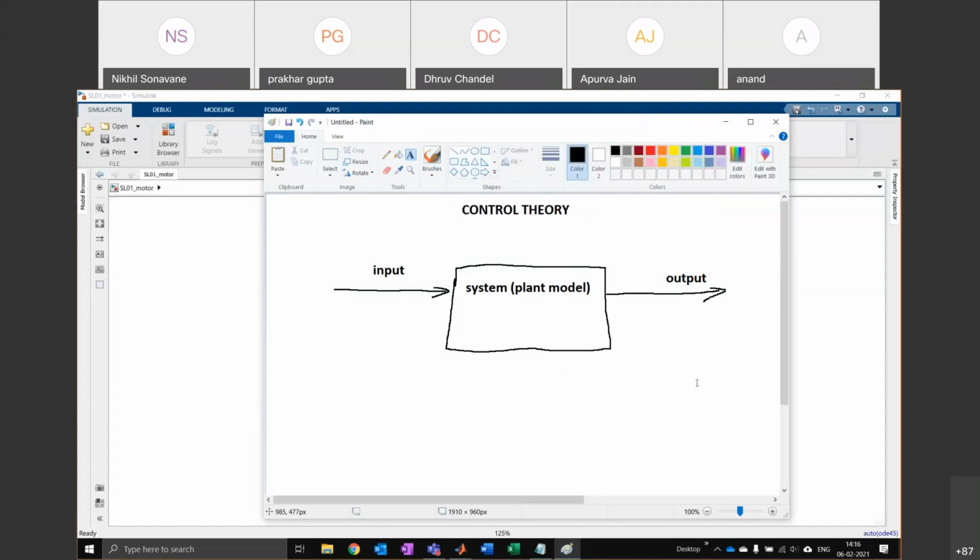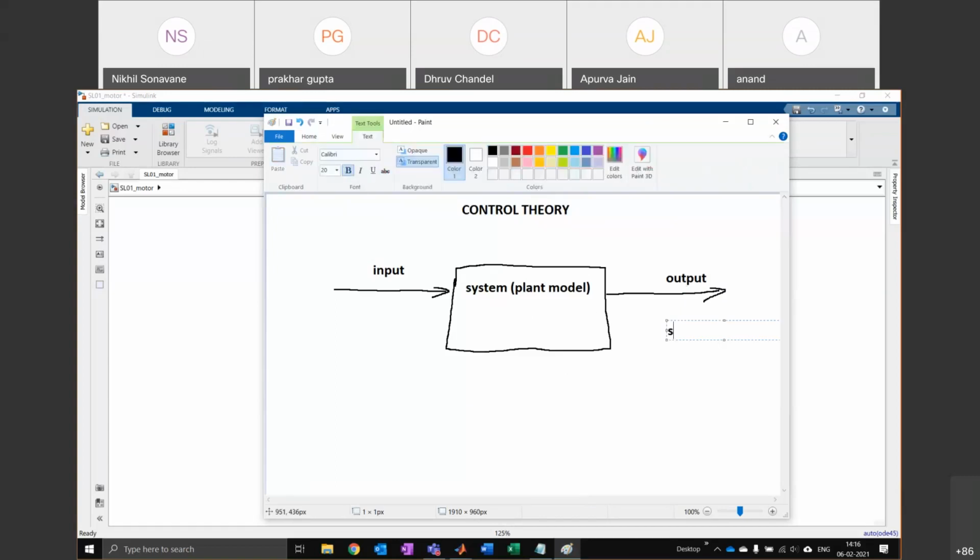Okay. So now, supposing that you wanted your system to come to a certain output. Suppose this was a car and you wanted your car to move at a certain speed. So your output would be speed.